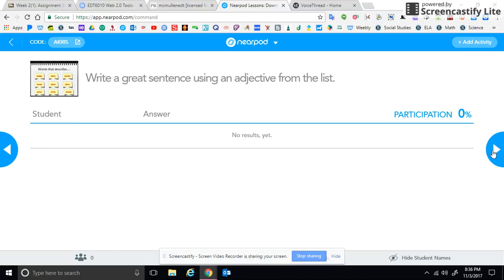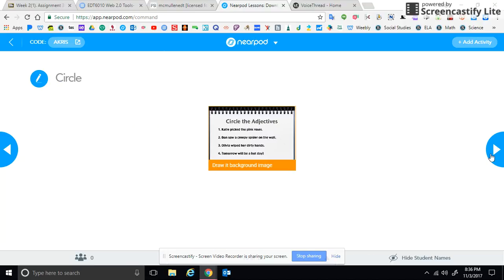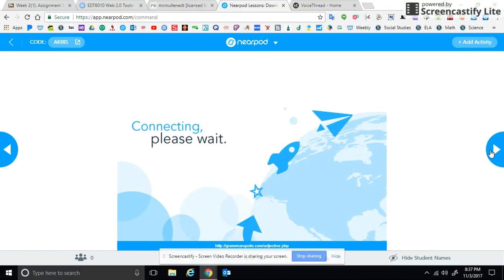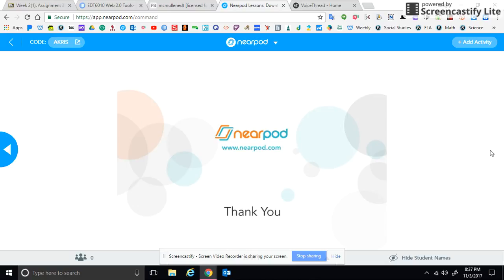Now the student sees this screen up in the top left-hand corner that says words that describe, and they're supposed to write a great sentence using an adjective from the list. There's also things called Drawlet. So the student has this on their screen and they have to actually circle the adjectives. So they're physically using their mouse to circle the adjectives on their computer. I get all of this information and all of this data to let me know who truly understands. You can add websites, you can add videos. There's lots of different things that you can do. The best part about the Nearpod is that you can go in and see the data